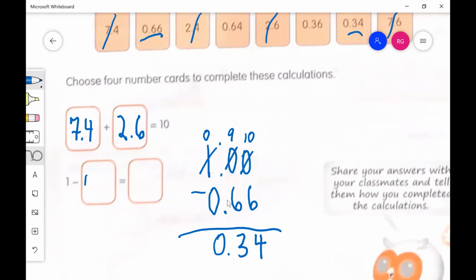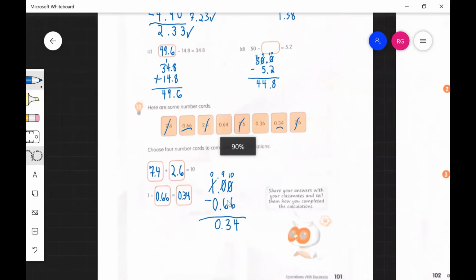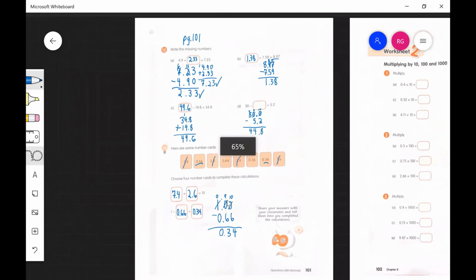That's going to be 0.66, and that's 0.34. Okay, that's how we do that for page 101. And now